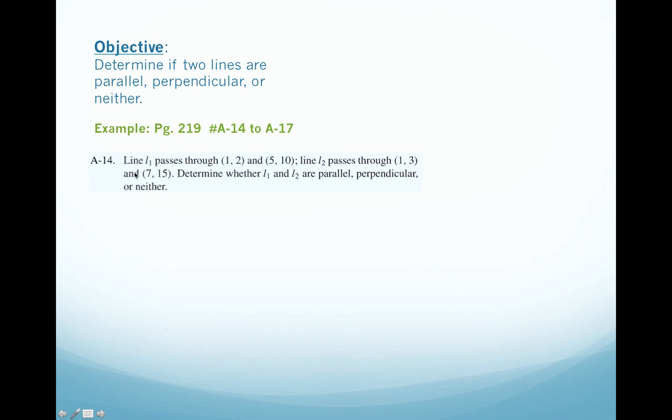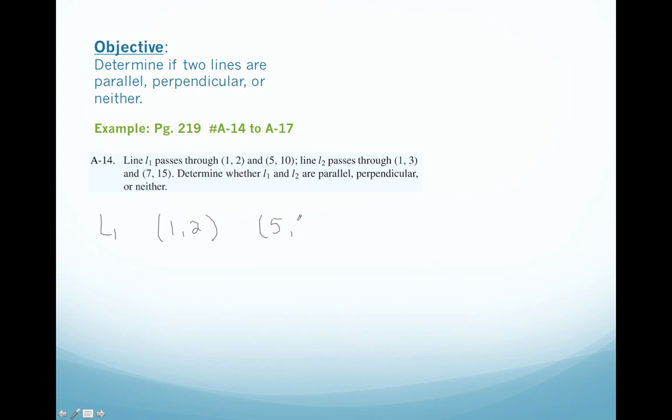Here they give us line 1, which goes through the points (1, 2) and (5, 10), and line 2, which goes through (1, 3) and (7, 15). We want to know whether these two lines are parallel, perpendicular, or neither. For this one particular example, I'm going to rewrite the coordinates, just so that you can see how I'm using the formula. So for line 1, its coordinates are (1, 2)